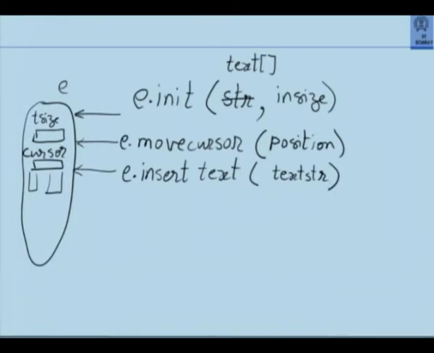this will do what? It will insert the text at the cursor position. Now remember, I have an implementation dependent feature here. If I decide to put the additional characters to the right, then the cursor position will not change. If I decide to put the additional characters on the left, then the cursor will have to be moved by as many characters as I have pushed. Okay. It depends upon your interpretation, but you must state in your implementation that this is how things will be done in your insert.